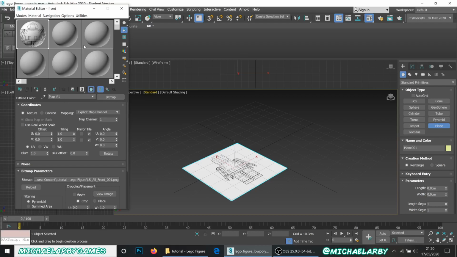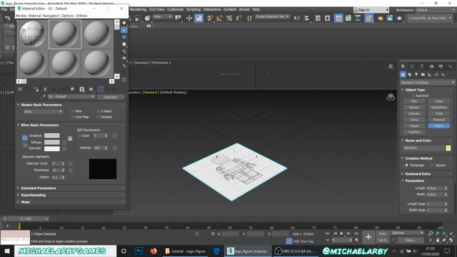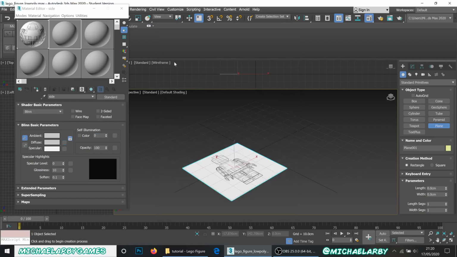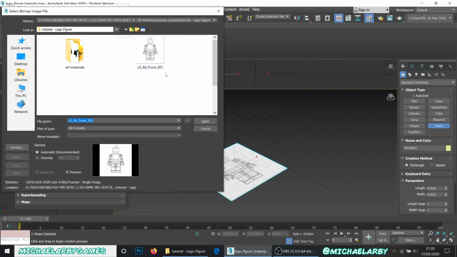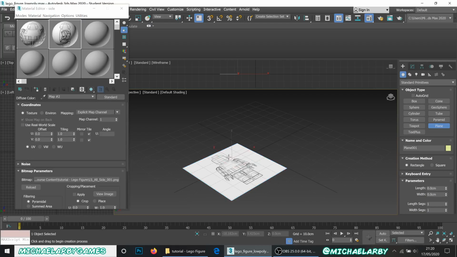So we just want to repeat that process on a separate material slot, and we'll call this one side. Click our little button beside the diffuse box, click on bitmap again, and hopefully that same folder will be open up. There we are, yep. Just scroll down to my other one, which is the side view. And what I want to do then is